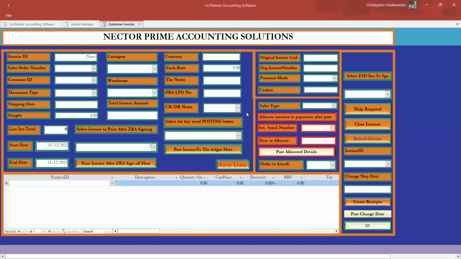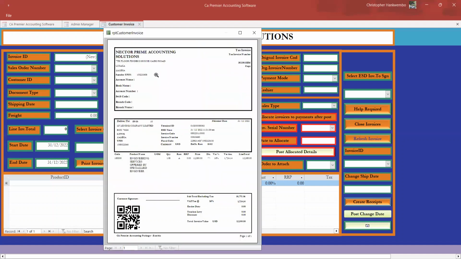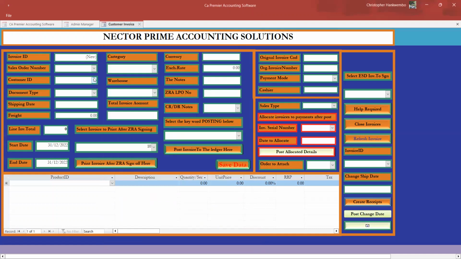Oh, okay. Let me check the invoice number here. Okay, 10. So here we had 10. The reference number, sorry. So what you are saying is, when you reference on that column for ZRA, the note will come down here where there is this scan code. That's where your note will be coming. So whatever purchase order you put, it will come directly here. If I have a bit of time, let me demonstrate what you wanted.